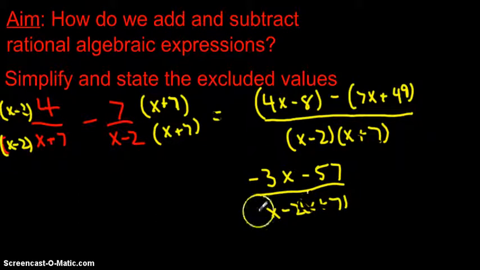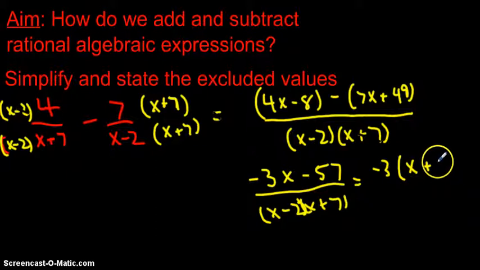Alright, so now factoring the numerator here, I think a negative 3 goes into both of these terms. That's x, and this will become positive 19. So this isn't going to cancel with the denominator, so we could just stop here. And we could see the excluded values are x is not equal